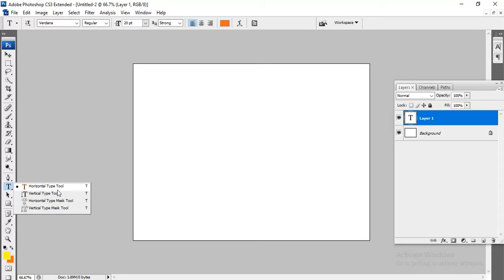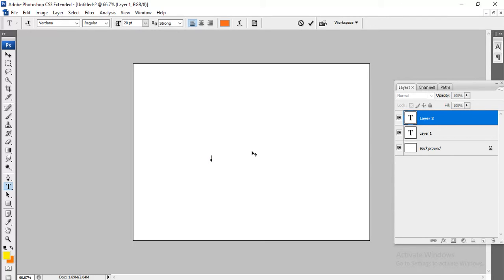Let's come to the first tool, the horizontal type tool. I will just show it. It's very simple, okay? I just click here. See, when you click here, you can see the option to type text. I just type welcome. When I'm typing the text, you can see the default color is captured from the option panel, the color panel. Okay, see text color. You can change the color also. I will show how you can do that.